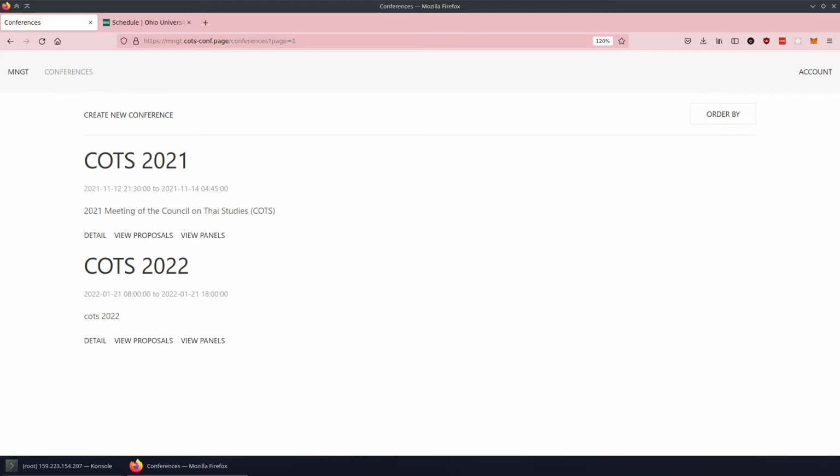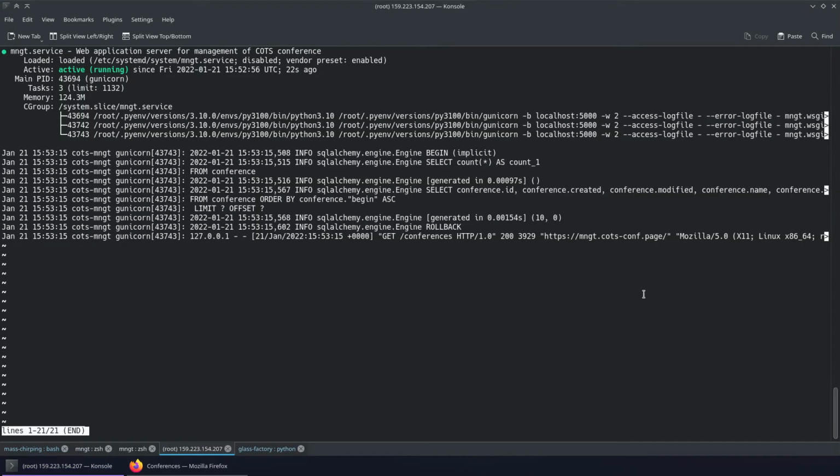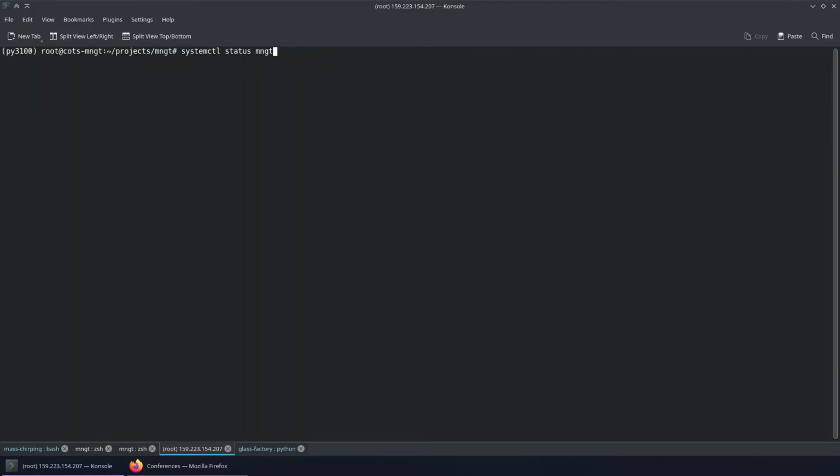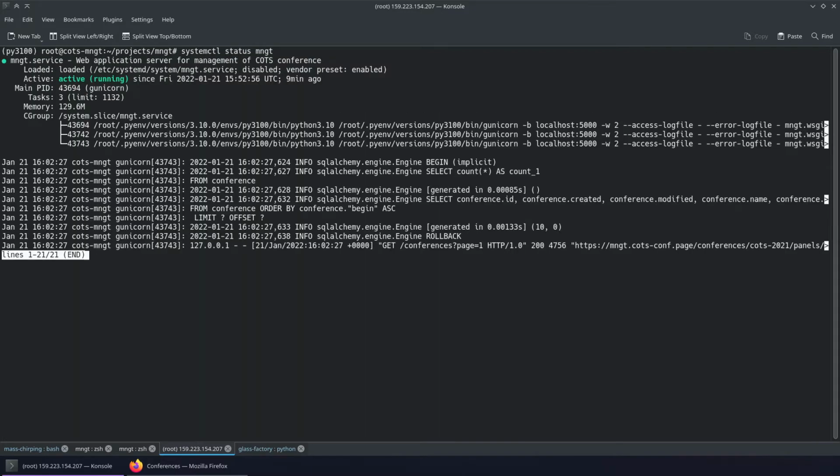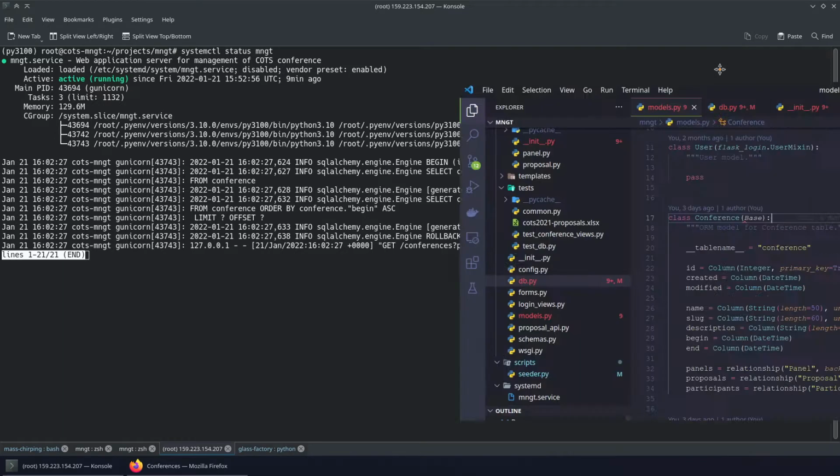Let's pull up the list of the... So right now the system is deployed, and as you can see, let's look at the code. So here,